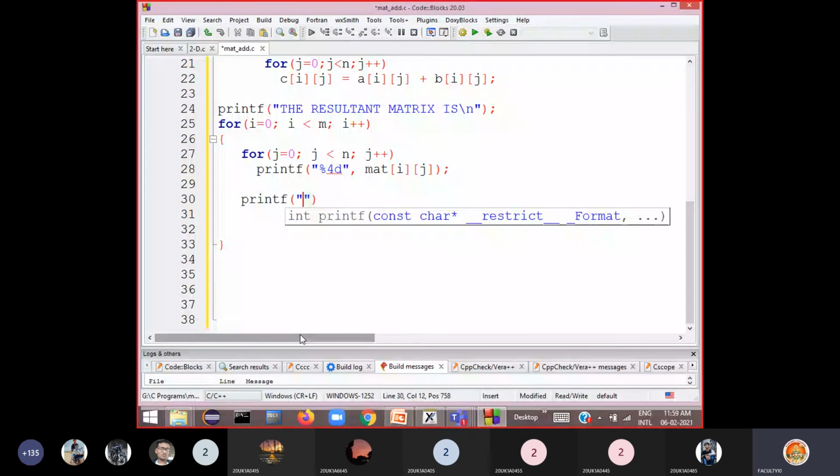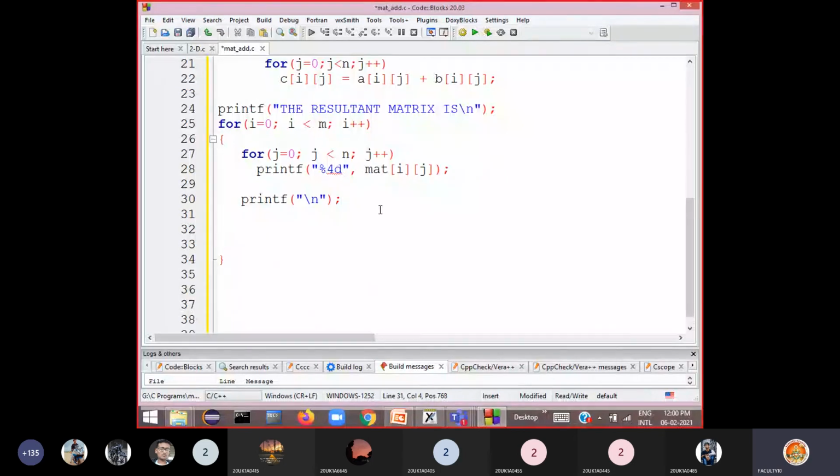I need to add this new line here. Then close this outer for loop here. Then say return 0. Then end this main program here.